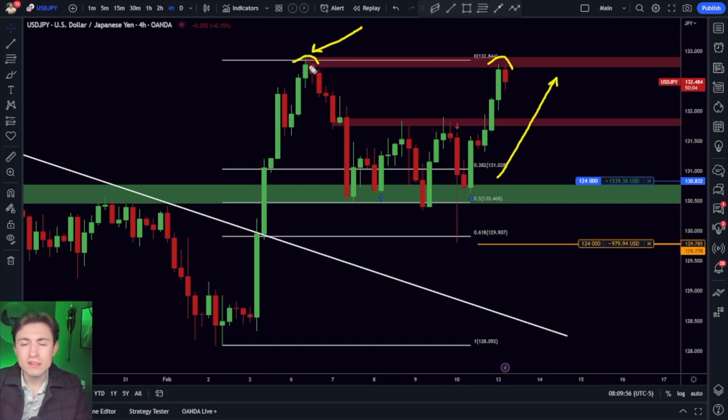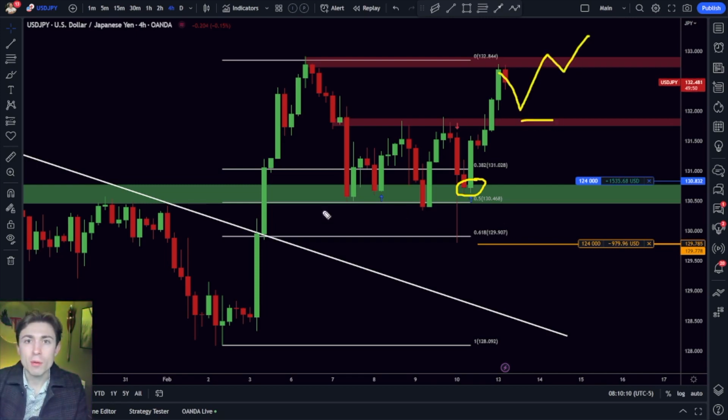So what do I need to do here as a manager of this position? Now that I've got the entry correct, right? I got a good entry on this move. My job as a trader now is not to place a bunch of trades, close, look to get back in right here and trade like a superhero. My goal now is to keep it very simple. We've had a great run. We've come up to a level of resistance. Let's protect the trade a bit.